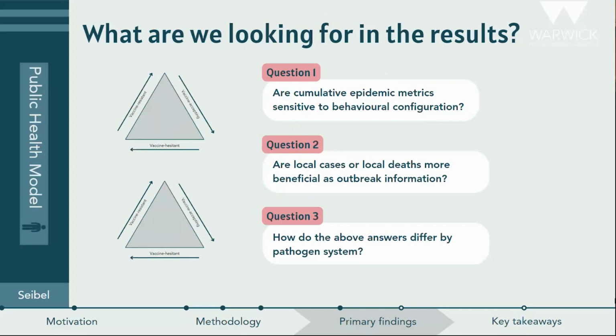So as I was talking through the outbreak information and how we calculate that, we were talking about cases, but now we're introducing deaths as another measure, because we often see these 2 as being the ones that are reported from the public health sector, from the government. So we want to see, based off of the information that we get, deaths are lagged. Obviously, those happen later, so we have to wait for this information. So we want to see, based off of these different calculations, what we might see at the end. And then question 3 is, how do these differ by the pathogen systems that we introduced at the beginning? So we have pandemic influenza, we have SARS-CoV-2, and we have Ebola.